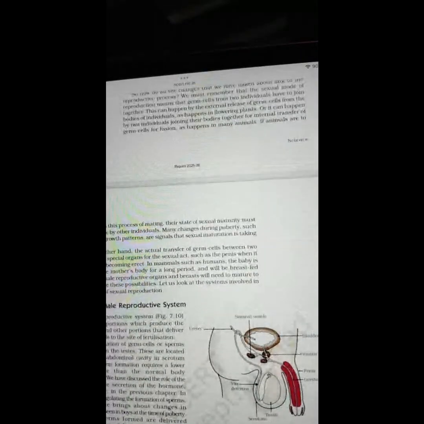So, how do all the changes that we have talked about link to the reproductive process? We must remember that the sexual mode of reproduction means that germ cells from two individuals have to join together. This can happen by the external release of germ cells from the bodies of individuals, as happens in flowering plants, or it can happen by two individuals joining their bodies together for internal transfer of germ cells or fusion, as happens in many animals. If animals are